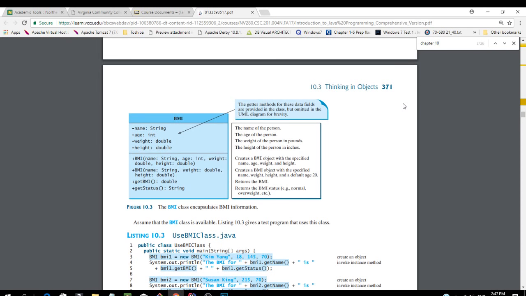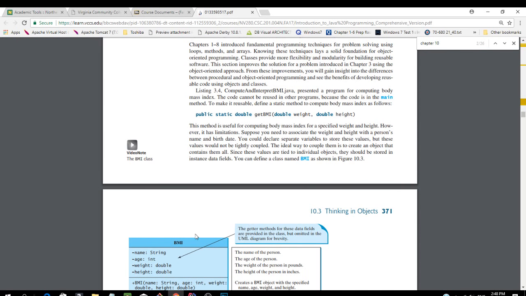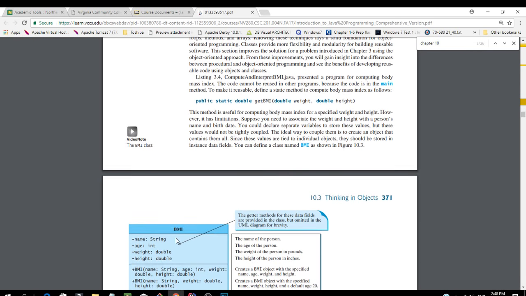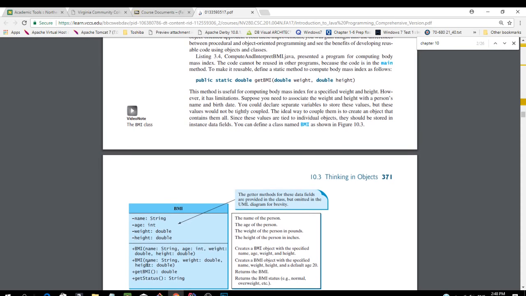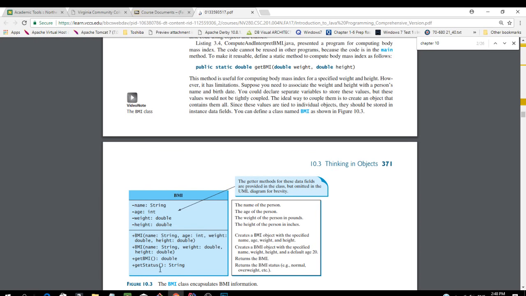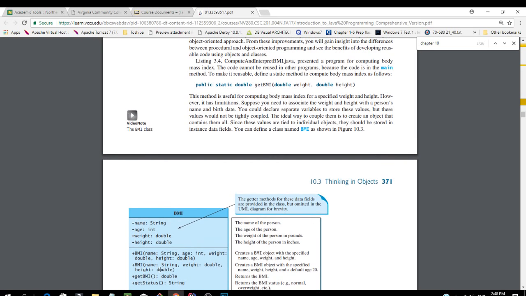So this is just another example. It said, I want to create a class named BMI. BMI stands for Body Mass Index, right? So if you see, when I create BMI, I have attributes name, age, weight, height, constructor BMI, get BMI, and get status. So once I create this object, it makes it more